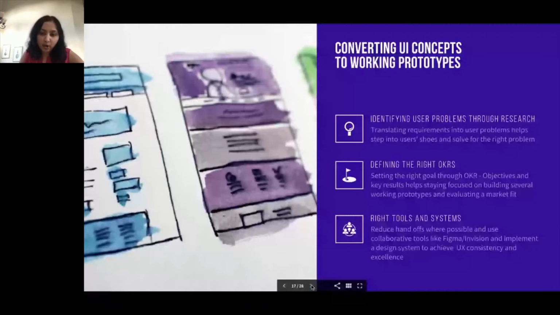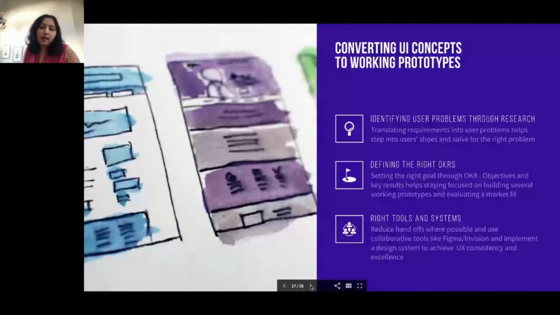Before you start on any project, you need to be in tune with two things. One is the user you're solving the problem for, and the other is your brand. So the user: what problems are they facing, and is it valuable to solve this problem? Is it one user or many users facing this problem? What does the scale of that problem look like? And on the brand side, you want to understand the brand and the feature or the product that you're trying to build. How does that align with the brand vision and goals long term? So on one side, you're trying to understand the user problem, and on the other side, you're trying to understand the core goals of the brand to create that alignment.